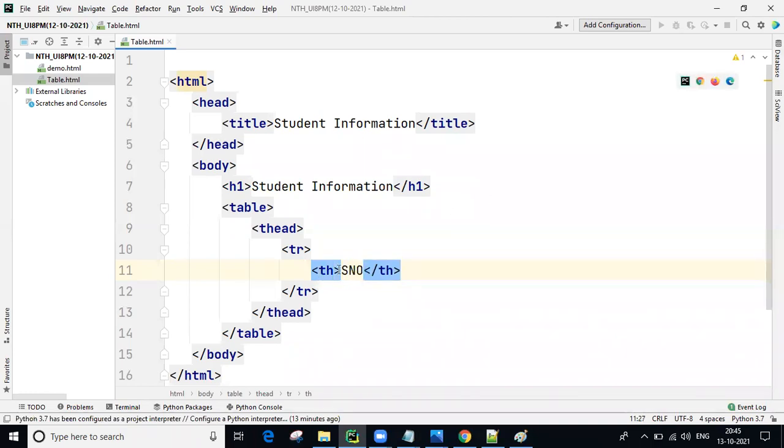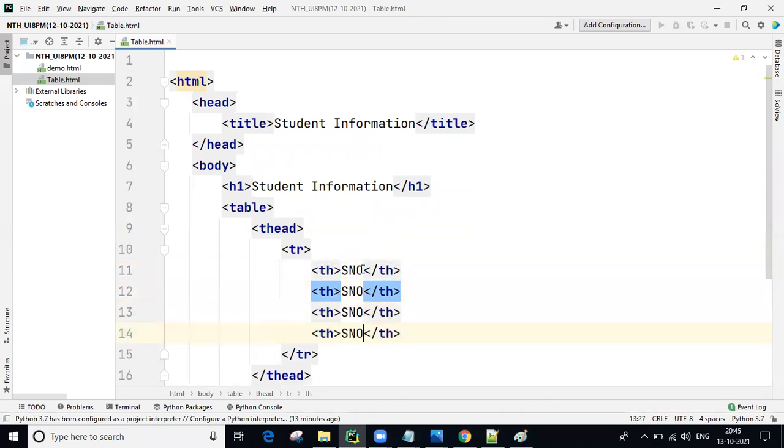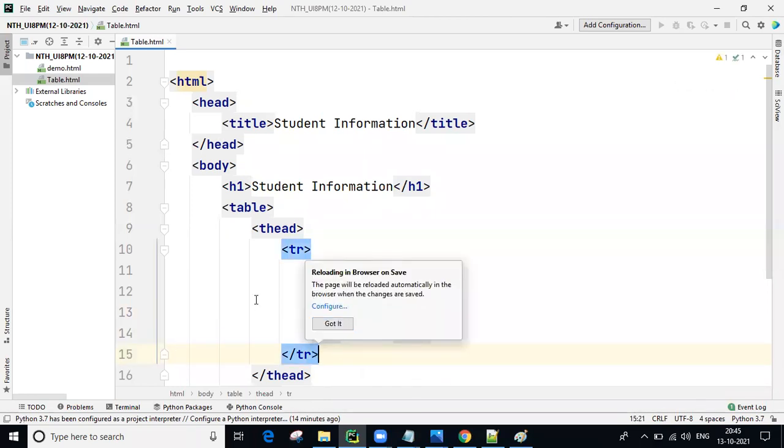If you want to duplicate, keep your mouse on this line, Control D, duplicate lines you're getting. Whatever lines you want, you can take. So student name, okay, and student marks, simply marks, and the student address, guys. Like that 4 fields I'm taking, 4 columns I'm taking.